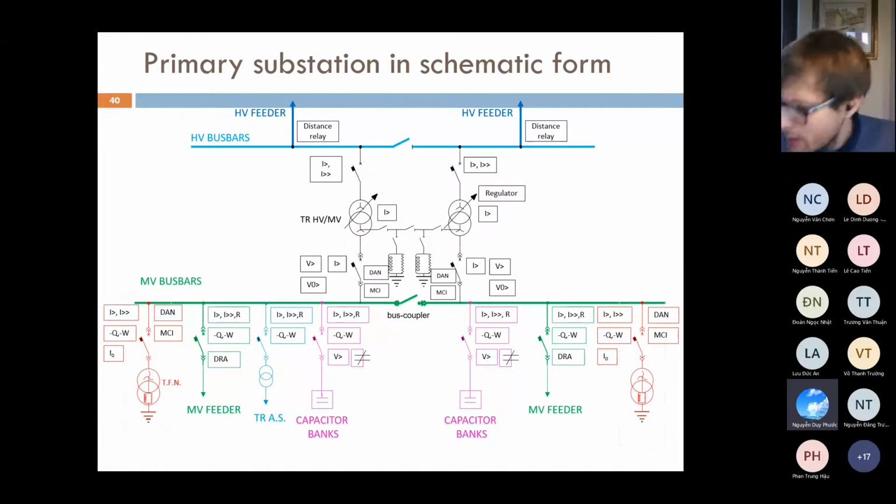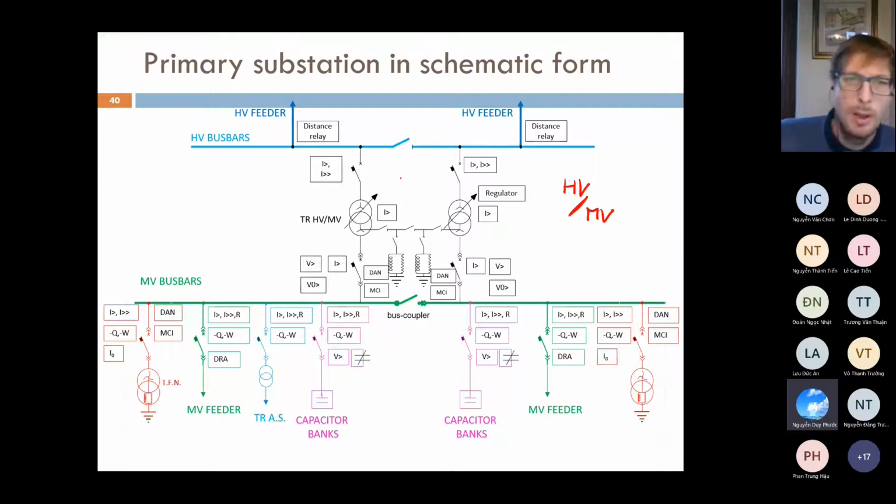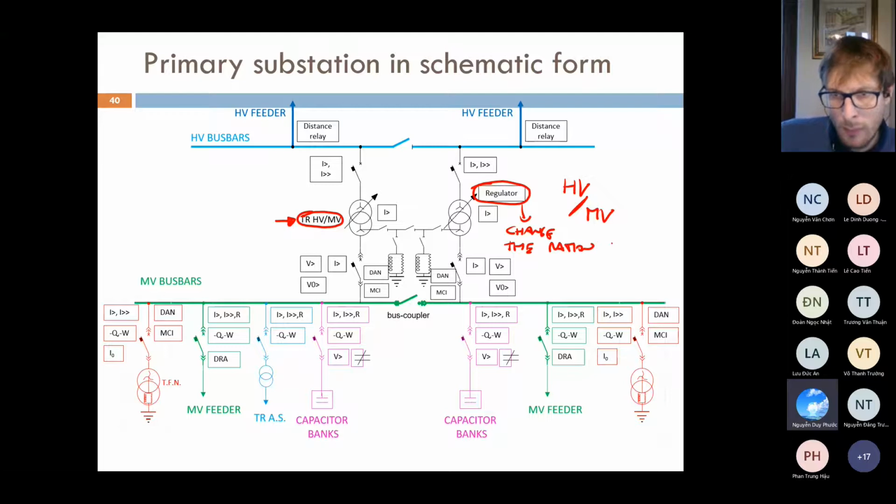So this is a primary substation in a schematic form. What you have mainly in a primary substation? The primary substation goes from high voltage to medium voltage. In a primary substation, normally the core is the transformer from high voltage to medium voltage, which normally has this kind of device, called a regulator, that helps in controlling the power system voltage level. So with the regulator you can change the ratio of the transformer,